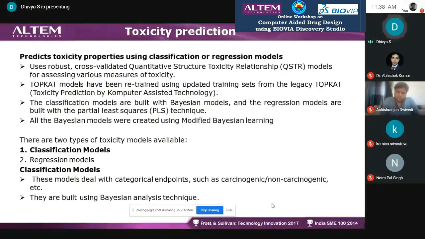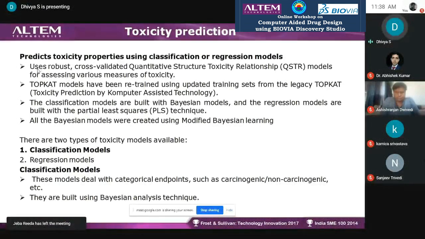So far it is used as a QSAR method. Toxicity is predicted using classification models and regression models. And it is a robust method, so you don't need to wait for toxicity. Just give a molecule, and it predicts and tells you why it is toxic, why it is not toxic, and what is contributing to toxicity. If it is non-toxic, what fragments or fingerprints are contributing to non-toxicity. All these results will be available in a detailed report in Discovery Studio.